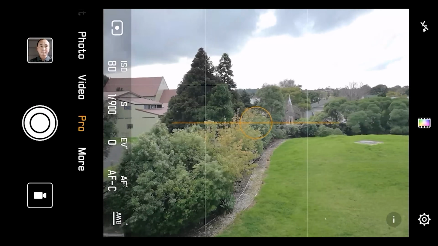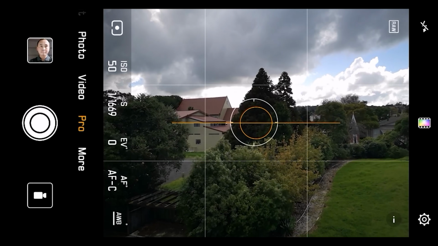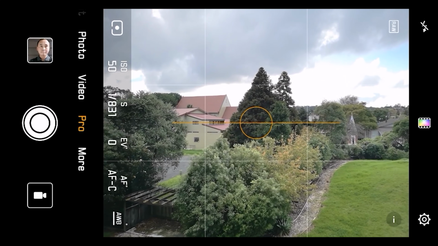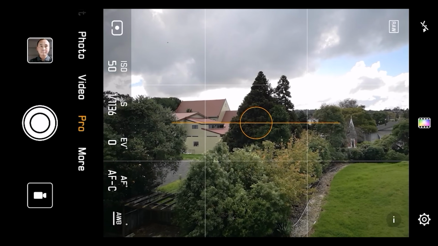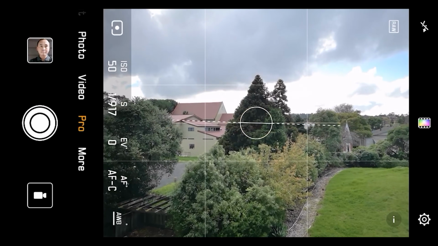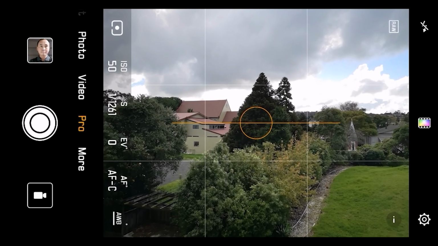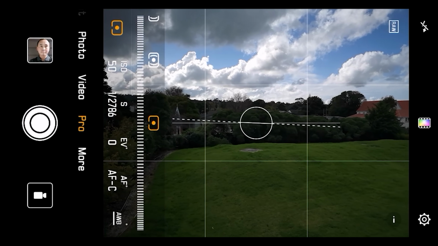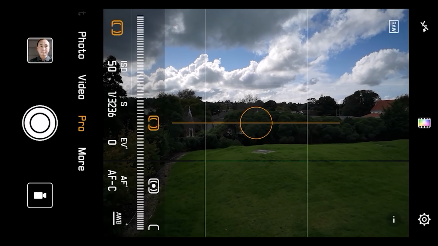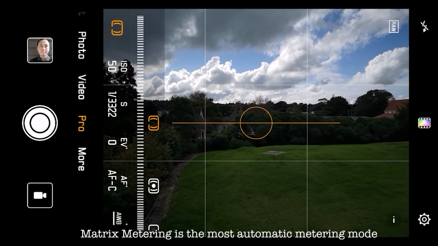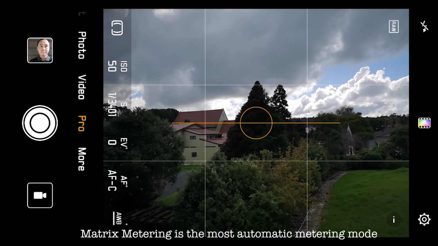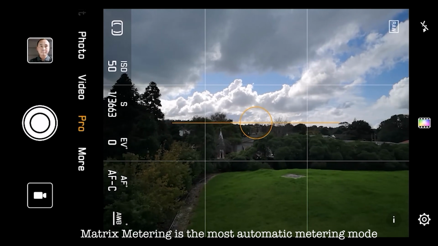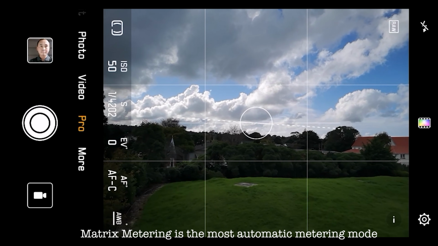And if I turn it to the dark area here, you see the camera now makes sure the object in the center is correctly exposed, but it means the surrounding area may be too bright. If I change back to matrix metering mode, now if I turn the camera around, it will still change slightly, but you see the effect is not as big as before.